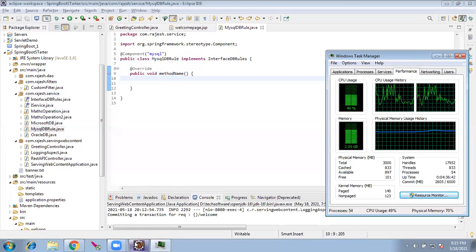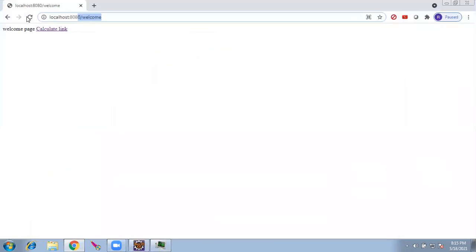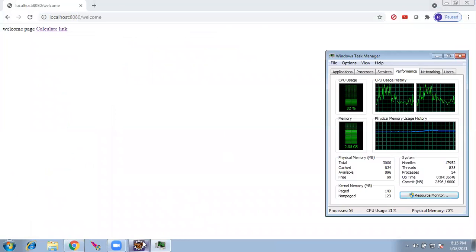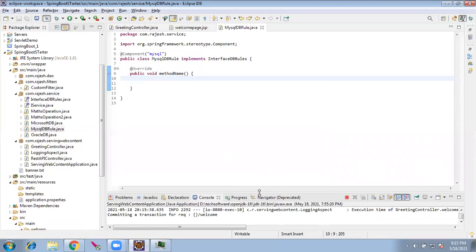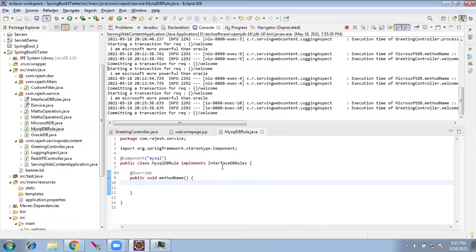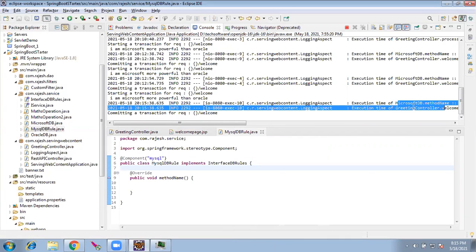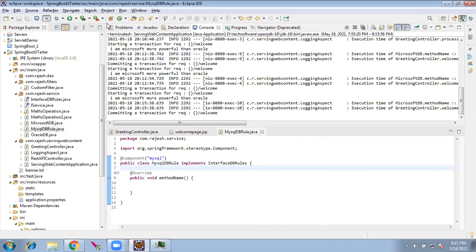Let us see. So I give this, I go and hit this URL. Nothing changes, but here I should be getting the sysout as execution time for Microsoft DB because I didn't restart the server.